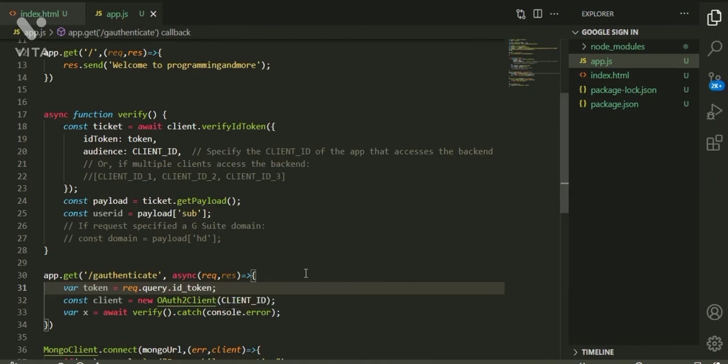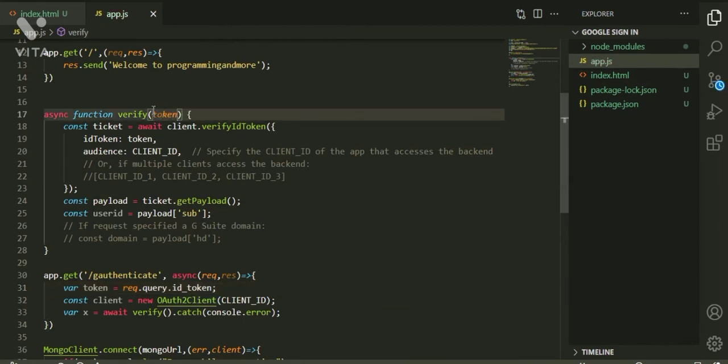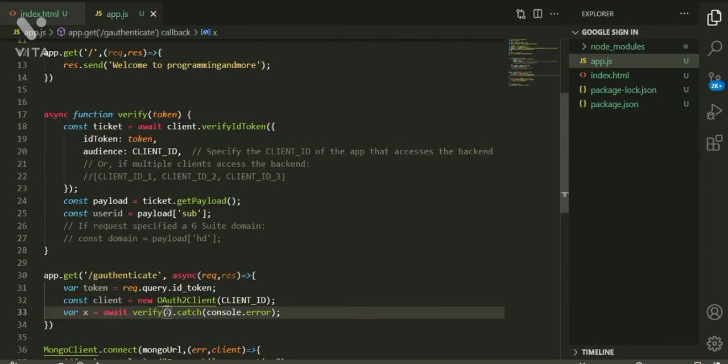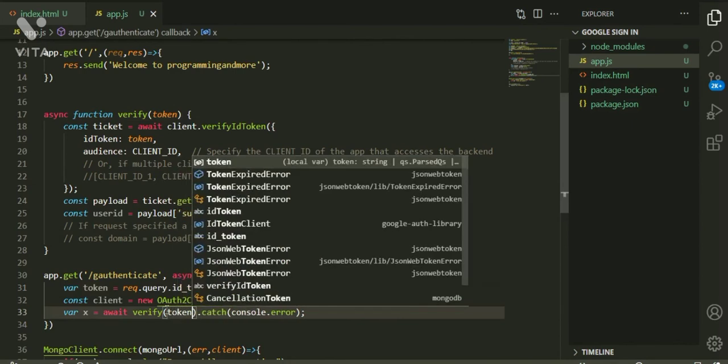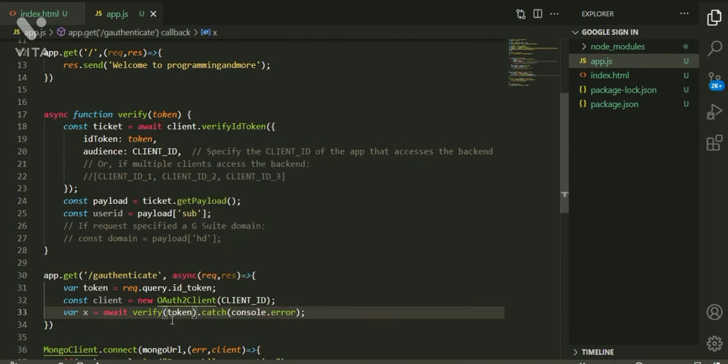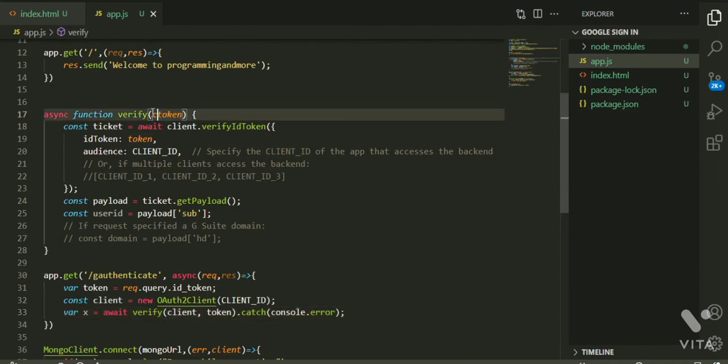Okay, and let us make token a parameter and pass it here. And also here we have client, so we have to pass that also as an argument, and we'll make it a parameter in the function definition.